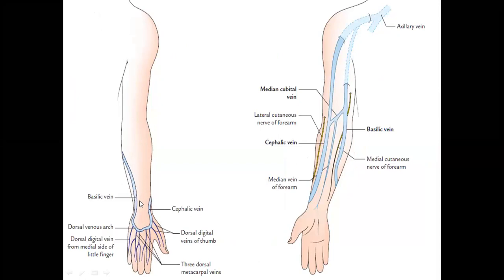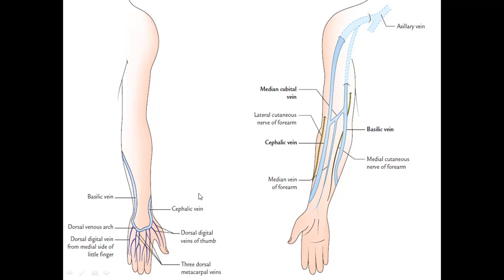Now, when you just look into this picture, this is from the dorsum of the hand. This is the posterior compartment of arm, posterior compartment of forearm, posterior compartment of arm, and then you can see the shoulder. So this is what you see from the dorsum, posterior aspect. When you see from the anterior aspect, this is palm, this is forearm, and we have arm, and finally you find the veins are moving towards the axillary vein.